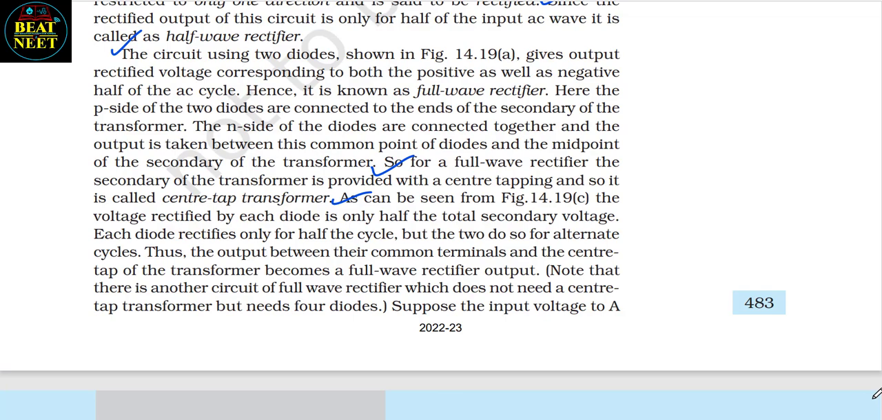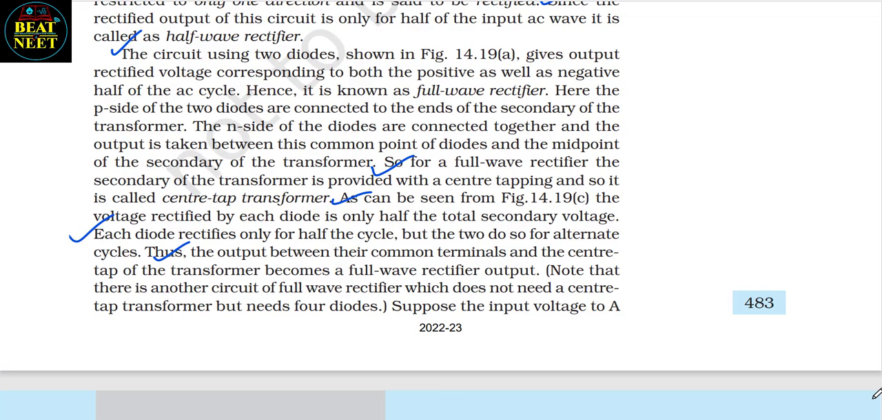As can be seen in figure 14.19c, the voltage rectified by each diode is only half the total secondary voltage. Each diode rectifies only for half the cycle, but the two do so for alternate cycles. Thus, the output between their common terminals and the center tap of the transformer becomes a full wave rectifier output. Note that there is another circuit of full wave rectifier which does not need a center tap transformer but needs